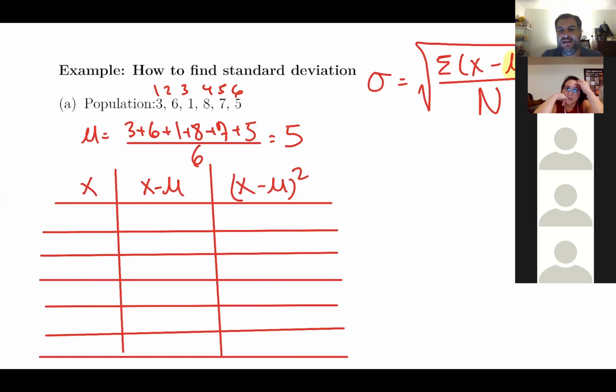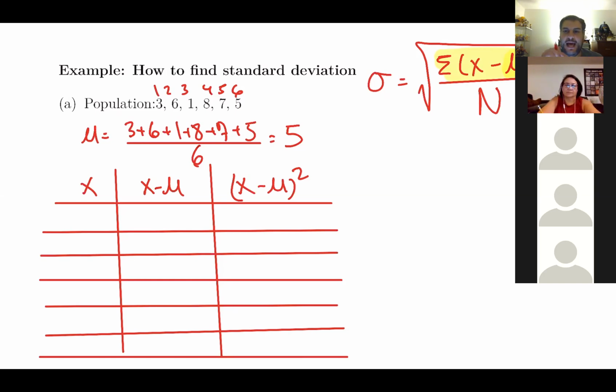So when I'm finished with this chart, the chart should give me this on top. And that's the only thing it'll give me. So I still need to do some steps in order to find the standard deviation of the population, but it will give me that portion that I highlighted in yellow. So let's go ahead and do this.